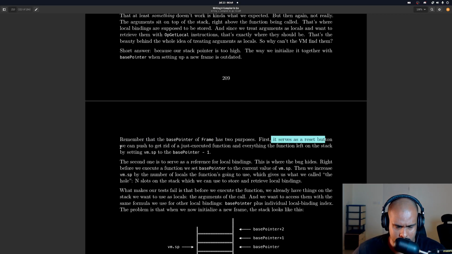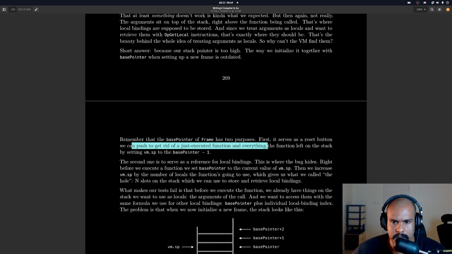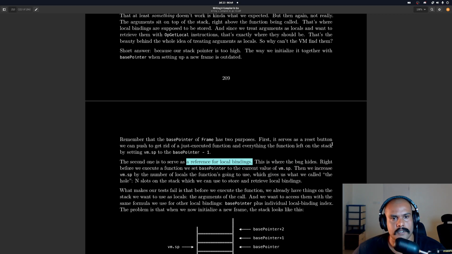First, it serves as a reset button to get rid of the just executed function and everything the function left on the stack. The second one is to serve as a reference for local bindings. That's a good point, actually. So the index of the local bindings have changed.